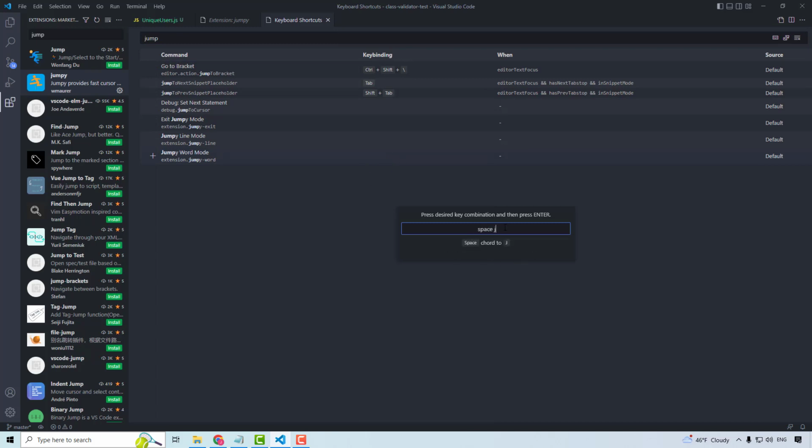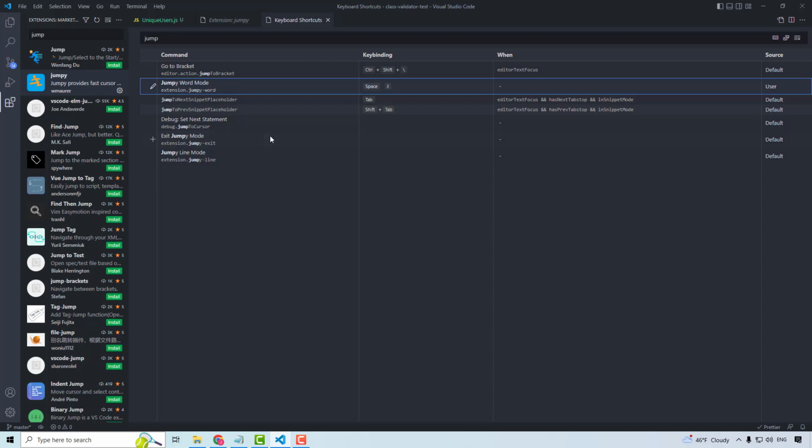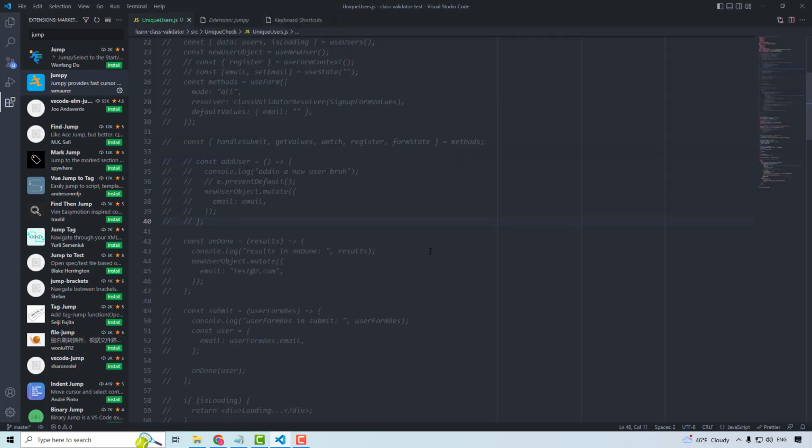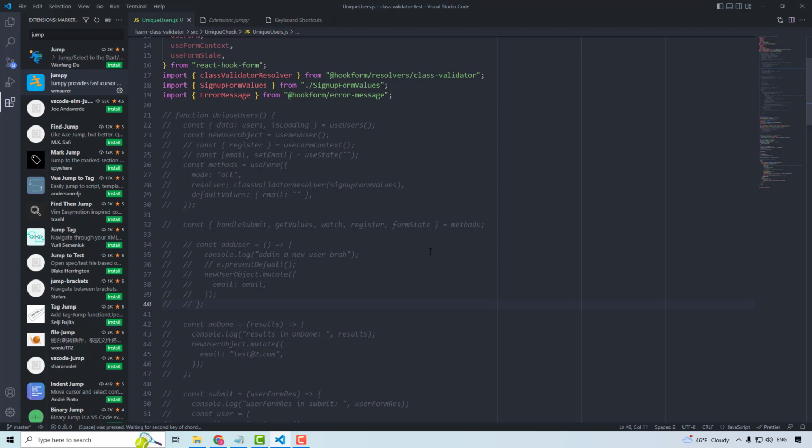This is not going to work very well if you're not using Vim. So if you are not using Vim, you may want to do something like a Control J or Control something, not a space, because if you're trying to type, space will get in the way. But anyway, I'm going to hit enter. So we're going to use Jumpy word when we press space and then J. So now if I go to unique users, if I type in space J,